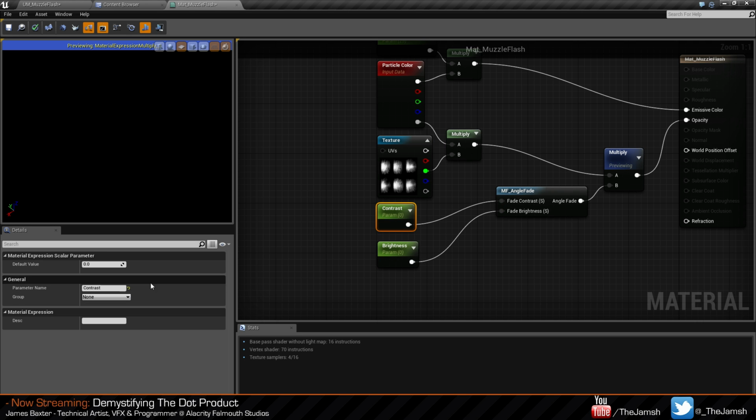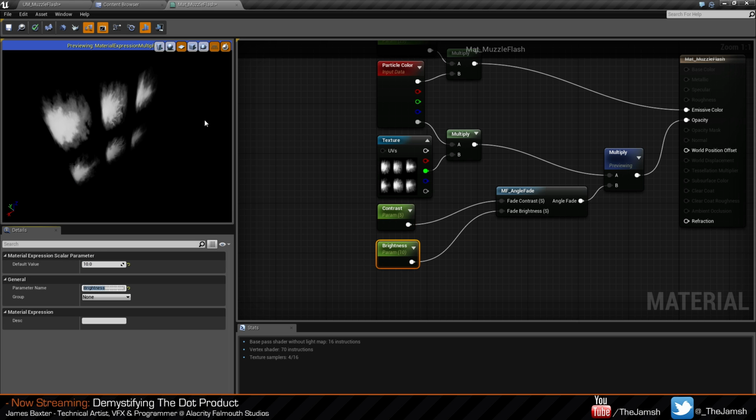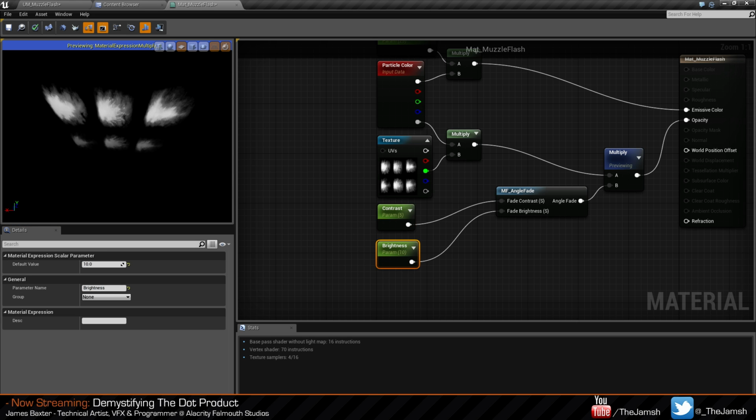Stick those in. I can't remember what default values I normally use. There you go, that's starting to look a bit better. Someone just asked, does the priority matter? The priorities don't matter, it's just that by default Unreal doesn't order them in any particular